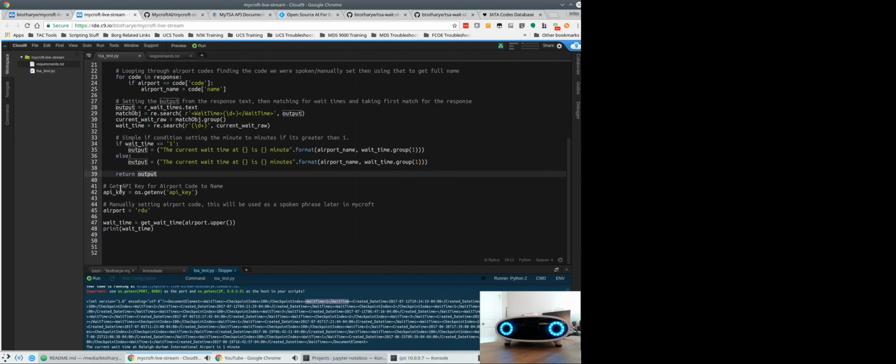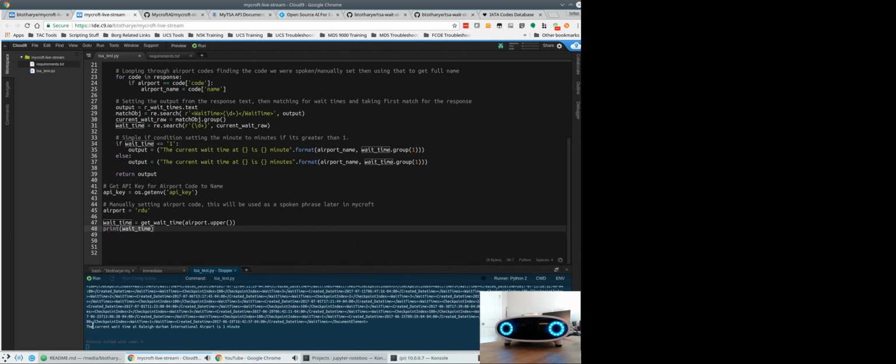And so now we're back down to the bottom where we're actually calling this data, right? So I'm setting my API key as an environment variable in my Cloud 9 environment here. And so I'm pulling that API key out, setting it as API key, manually setting the airport as a lowercase RDU to confirm all my stuff is working. And now I'm just going to set a value, a string to the data I get back from calling the function with the airport.upper. And then I'm just going to print that, right? So if I run this script again,